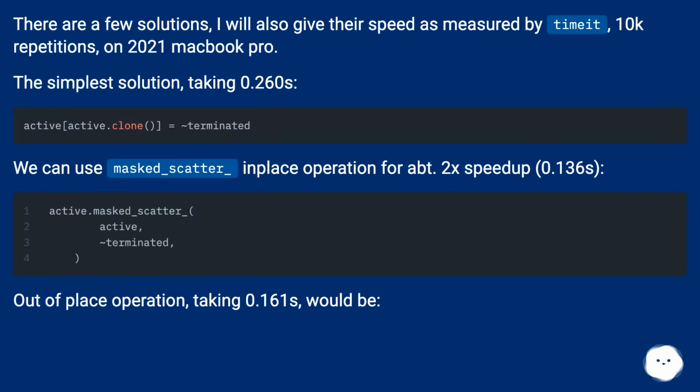There are a few solutions. I will also give their speed as measured by timeit, 10K repetitions, on a 2021 MacBook Pro. The simplest solution takes 0.260s. We can use the masked_scatter in-place operation for active. That gives a 2x speedup, 0.136s. The out-of-place operation, taking 0.161s, would be